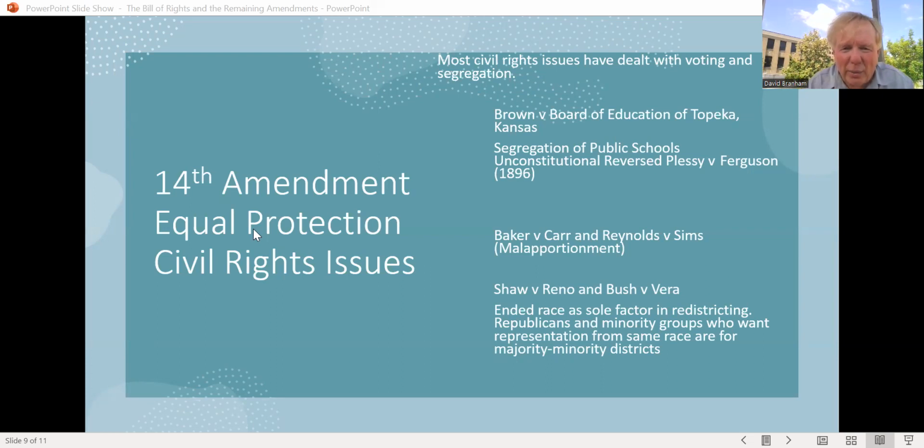And so what would happen often is that they would pack African Americans all into one district and then leave a lot of other districts for the white voters. That was the original thing that they did. And then the court,